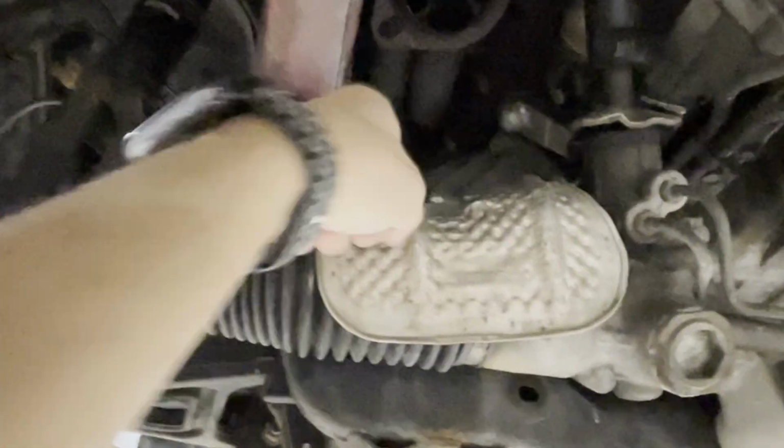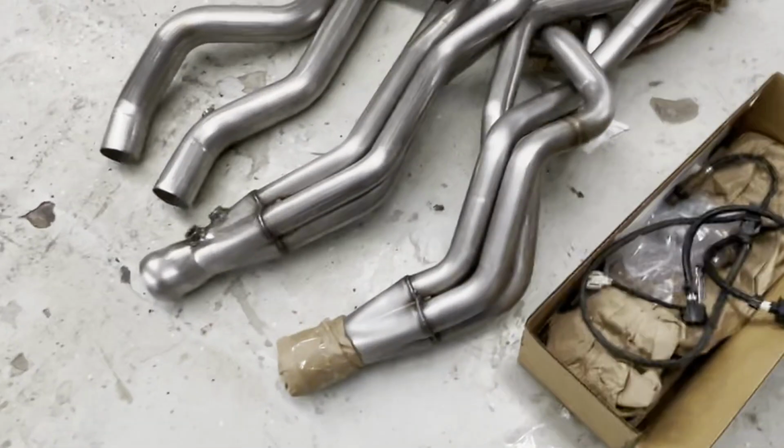I know the lighting isn't the best here, and sorry about the noise. I am at work and we're still working, so here's the shorty header that I currently have on both sides, obviously. So next up is to get those out, and we will be installing these bad boys right here, long tube